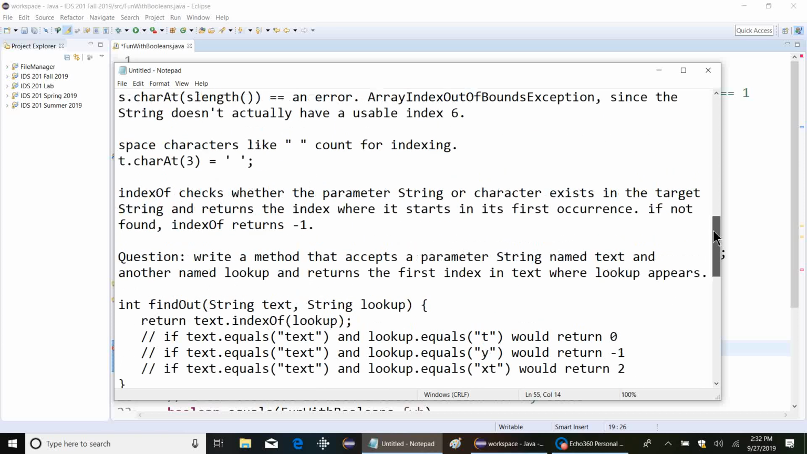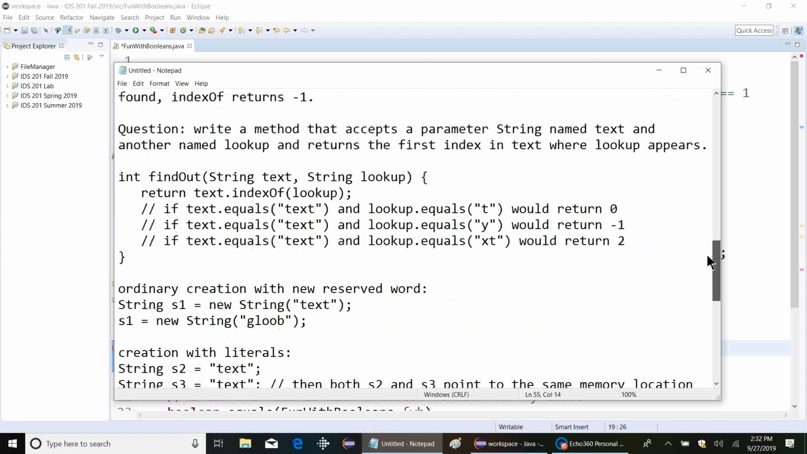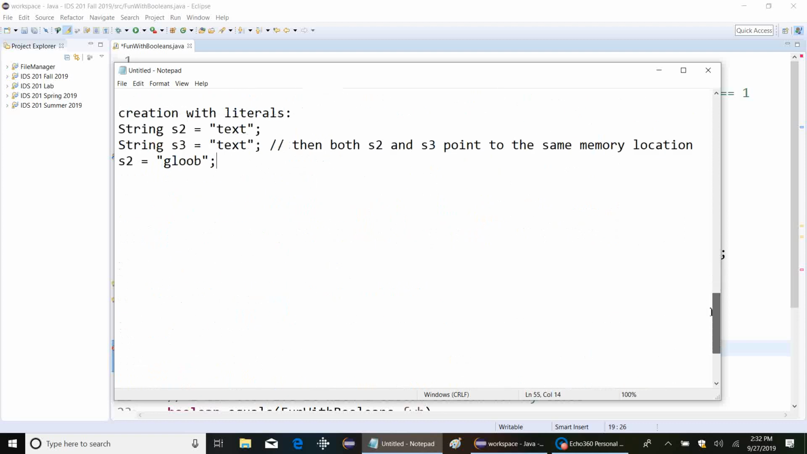So we have covered length, charAt, indexOf, and indexing. Then we have the big one that causes everybody to pull their hair out: substring. Okay, let's do a substring question again. So, question,